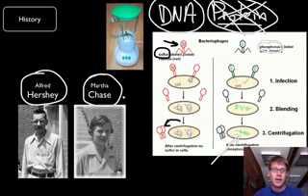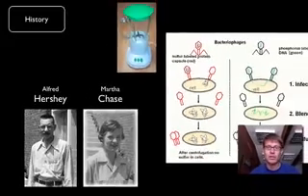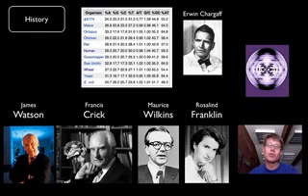How's it all work? These are interesting people. Apparently Hershey and Chase, they worked together. Their lab was totally silent, and they just worked very effectively together. Sadly, Martha Chase goes crazy later in life, but a really cool experiment. Now we go to the ones that you're probably familiar with, the names that you're familiar with, and that's probably Watson and Crick. James Watson, Francis Crick are mostly given credit for discovering the structure of DNA,